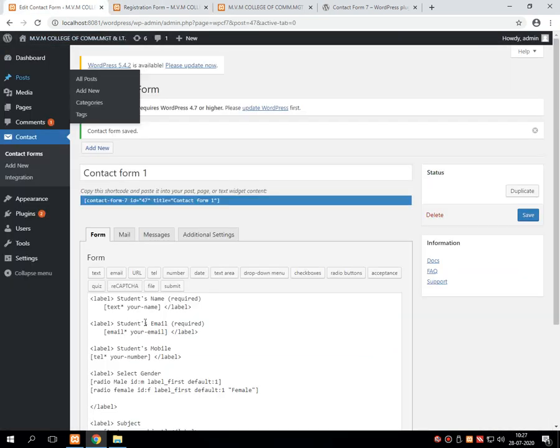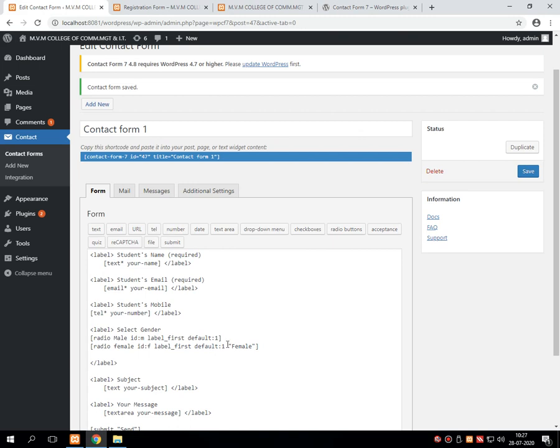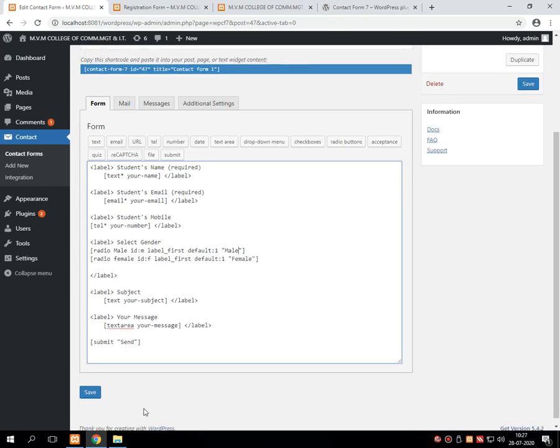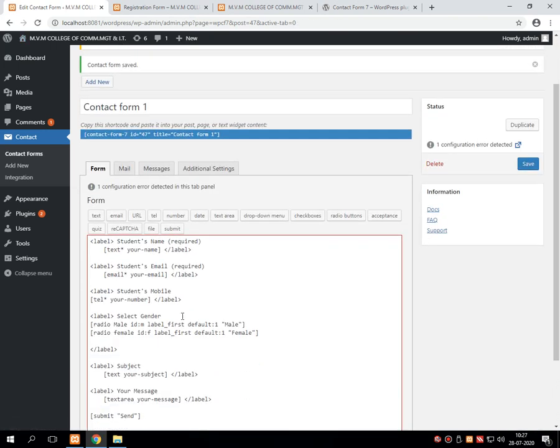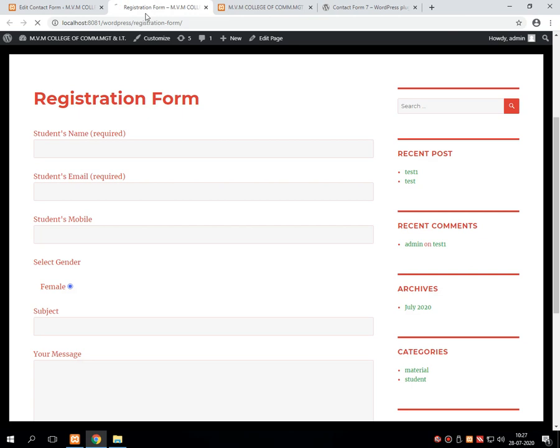It displays, that means we need to give an option over here also. So in double inverted comma male, and I am saving this content. It gives two checkboxes over here, one for male, another for female, but both are checked.